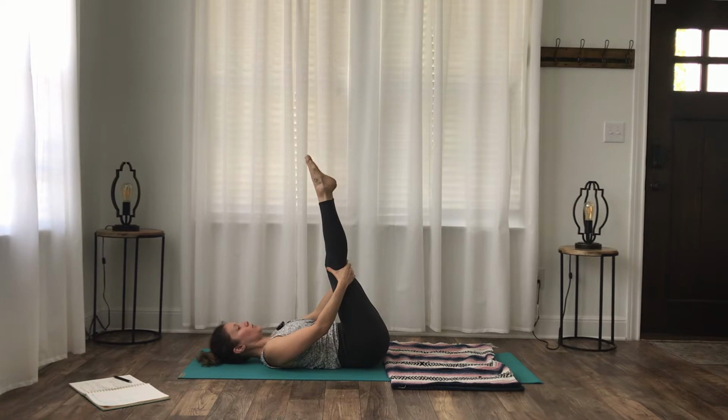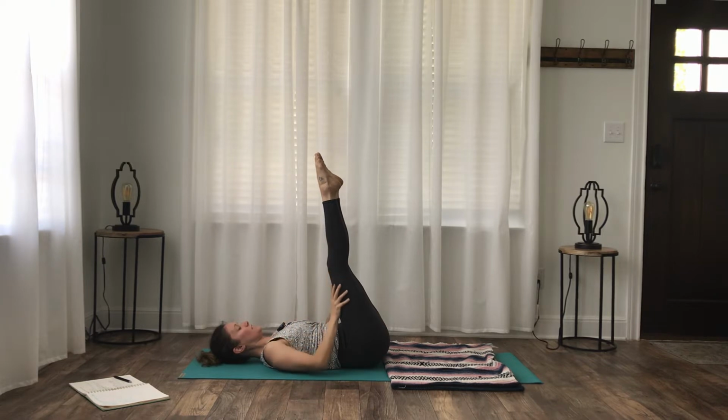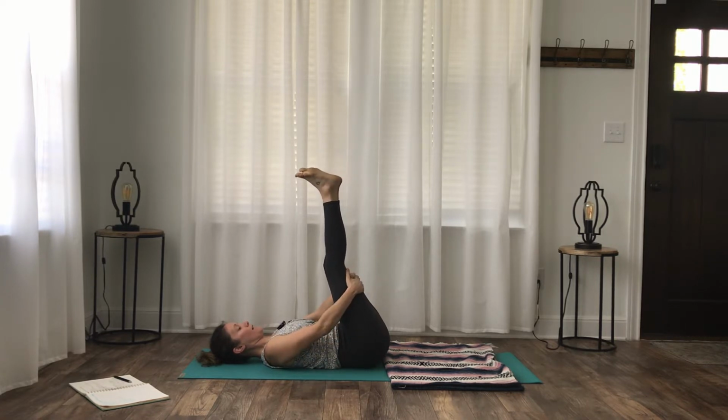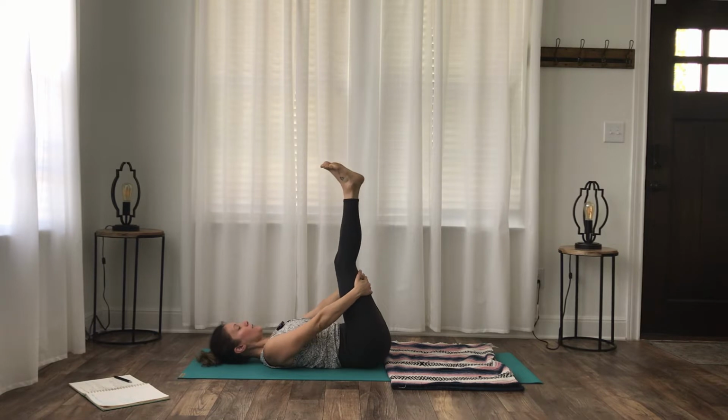And then point the toes. So we get that big stretch on the tops of the feet and the front of the shins. One more time, we'll flex. One more time we'll point, and then just take 2 big circles in each direction with the feet, right? Maybe you get some cracks and pops. And then just come back through center, grab onto the back of the thighs, and we'll take a few rocks